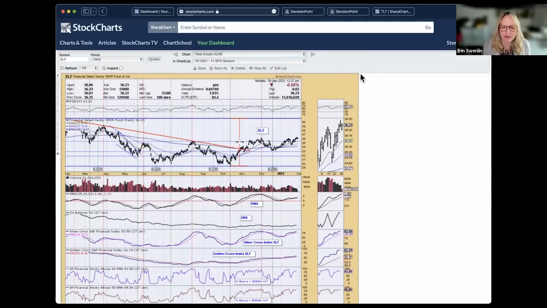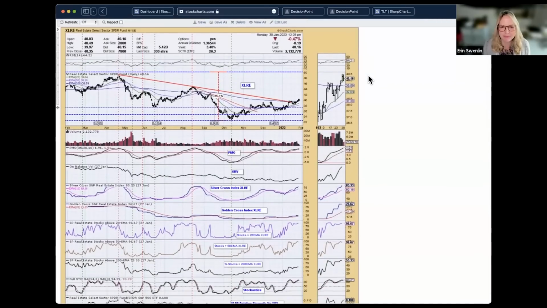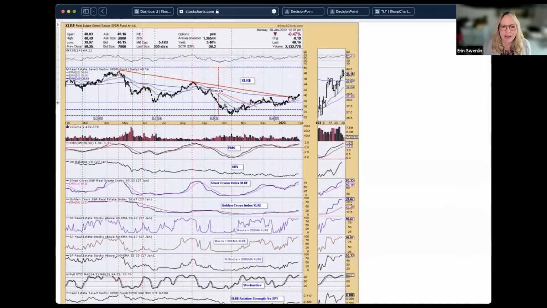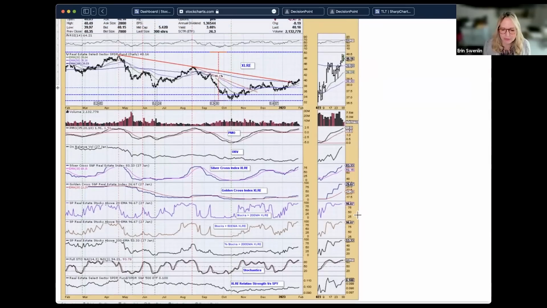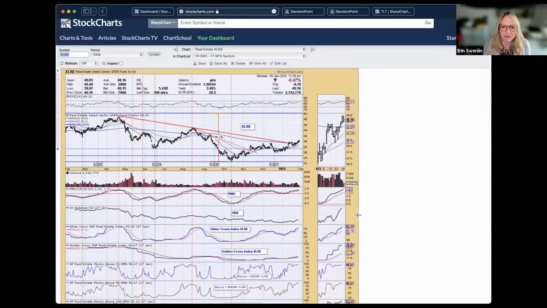Real estate, where we're seeing a lot of new momentum here. You can see the nice breakout from the bear market trend that it was in. We've got stochastics above 80, and notice that relative strength is really starting to improve for this sector. I would say this might be an interesting sector to watch moving forward and into this week.